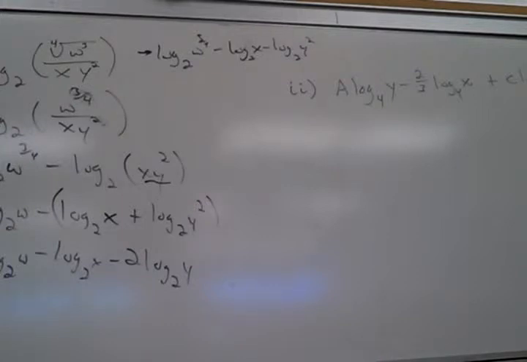See, that doesn't make any sense. Log base 2 by itself is sort of like a square root symbol with nothing in it. It doesn't make any sense by itself. So it's going to be log base 2 of